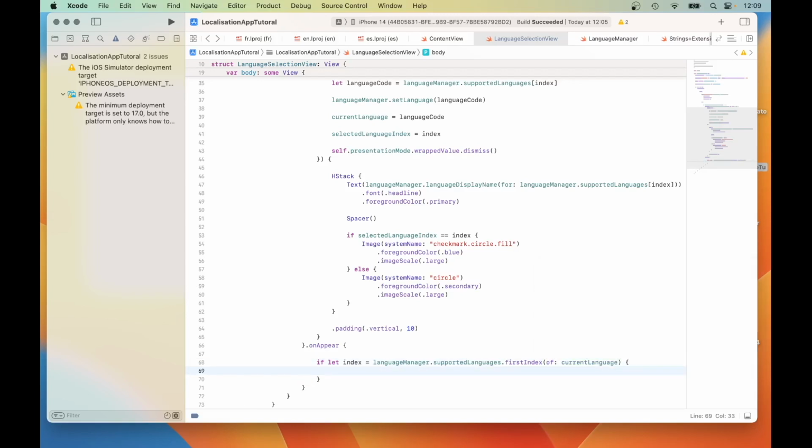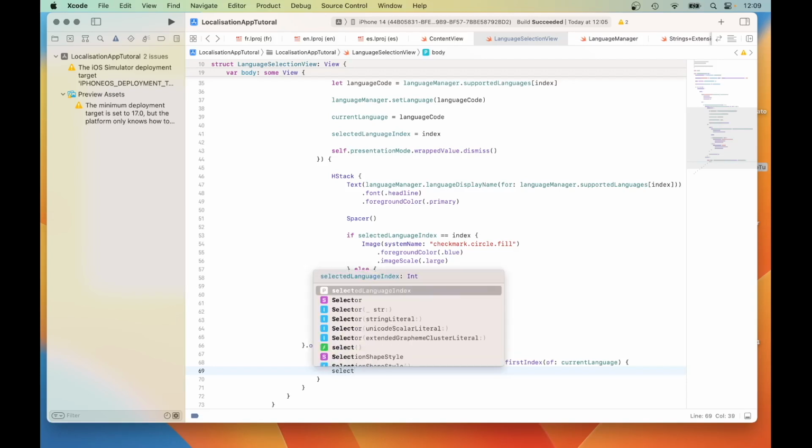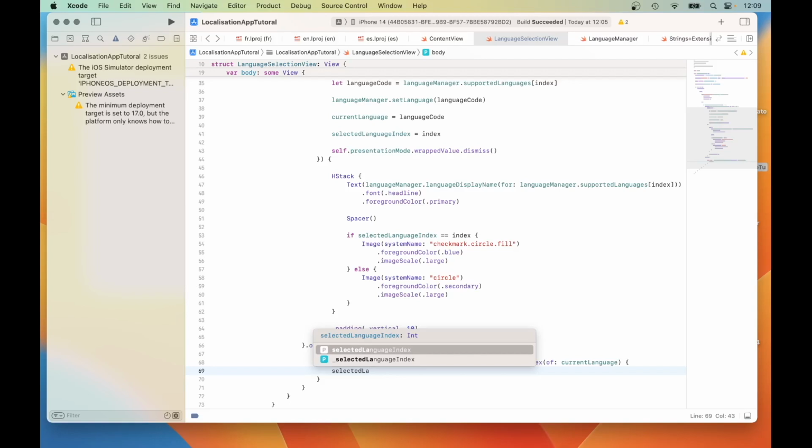So what we're trying to do there, we're trying to find the index of the current language in the supported languages that was selected by the user. So if that's true, then selectedLanguageIndex is equal to index,